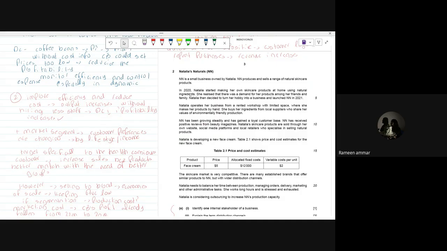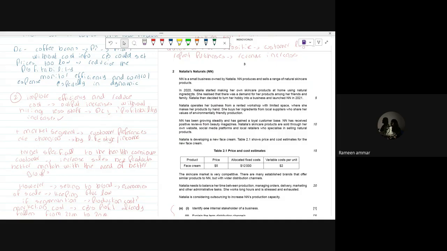NN is a small business owned by Natalia. NN produces and sells a range of natural skincare products. In 2020, Natalia started making her own skincare products at home using natural ingredients. She realized there was a demand for her products among her friends and family. Natalia then decided to turn her hobby into a business and launched NN in 2021. Natalia operates her business from a rented workshop, a limited space where she makes her products by hand. She buys her ingredients from